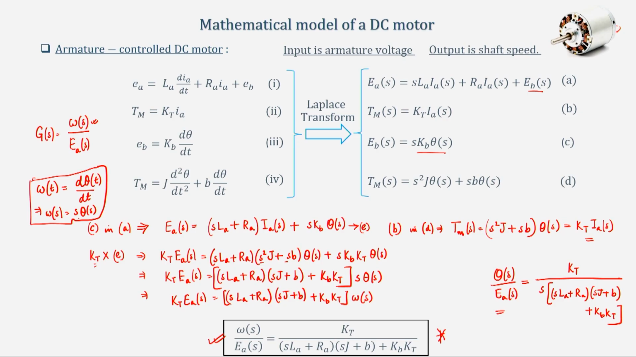These two transfer functions will be very, very important for us as we move ahead in this course. I will keep on recollecting these transfer functions, especially the structure of the transfer functions, because La, Ra, J, B, all these are different values, right. But the important thing is, notice that in omega s by Ea s, the denominator is second order, whereas in theta s by Ea s, the denominator is third order. Okay. So, that will be very important for us, and I will keep on recollecting these transfer functions as and